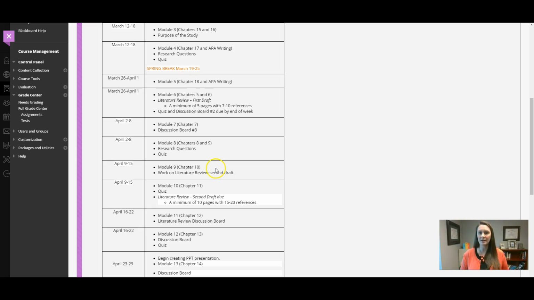Some of them are kind of lengthy, but there's important information, and especially with the data analysis coming up, you're going to be looking at a lot of different tests and analyses. So make sure you watch that and try to develop an understanding, because you're going to have to choose one of those for your research project, and you have to have an understanding of which ones you should choose. So you need to have a basic understanding of those.